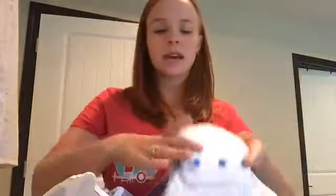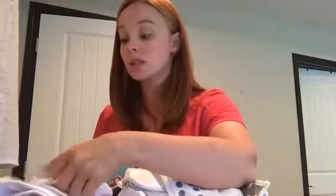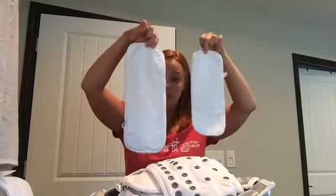But also think outside the box too. For example, not all of the absorbency has to go inside the fitted. Okay? So what do I mean by that? Say you've got your fitted here and you want to add extra absorbency. If you're pairing a fitted with a cover, you can add extra absorbency on the outside of your fitted. There isn't any problem with that. So, for example, here is a size 2 hemp insert, just to compare for you guys. Here, back up. Here is size 1, here is size 2, okay? I'm going to assume I'm building this diaper